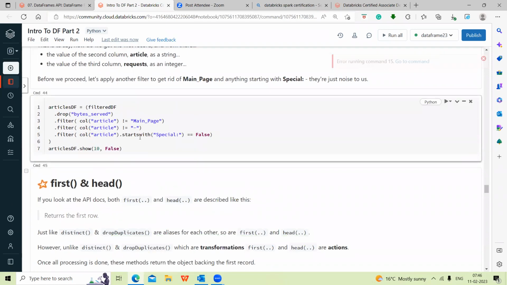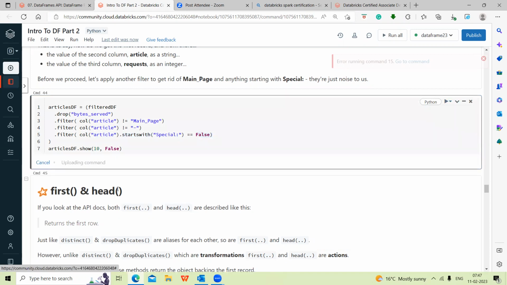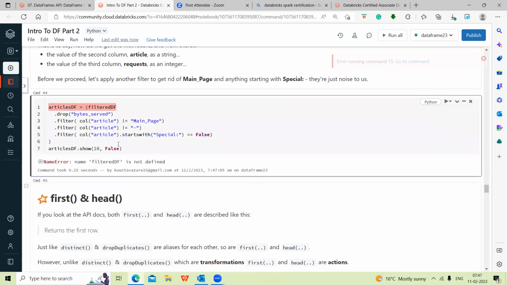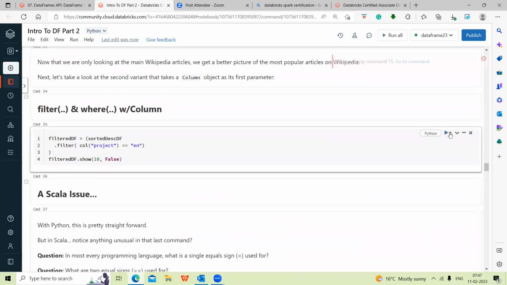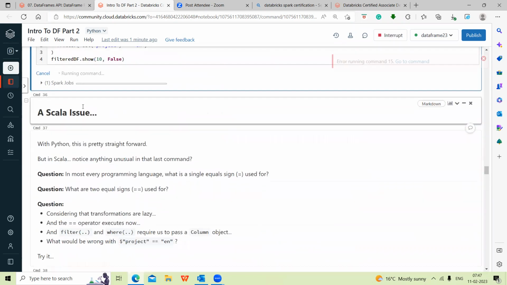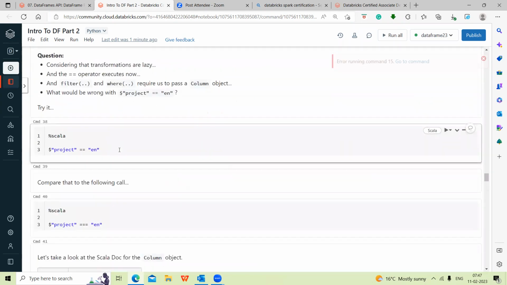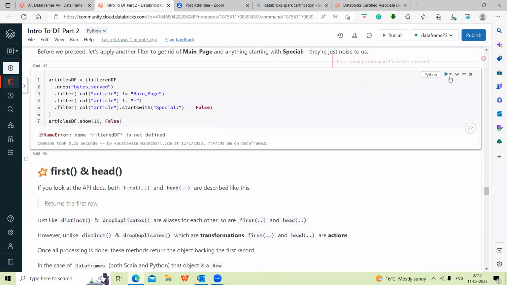Now, if you want to use starts with, so starts with special characters, I need to get the articles that start with special, but I made it false. So what happens? This article, which is starting with special, is not going to come because I made it false. If I go and see this one, it will show the records because filter df is not defined. So let me run this code, because this df is referring here, so I need to run that first. Okay. So if I run this now,